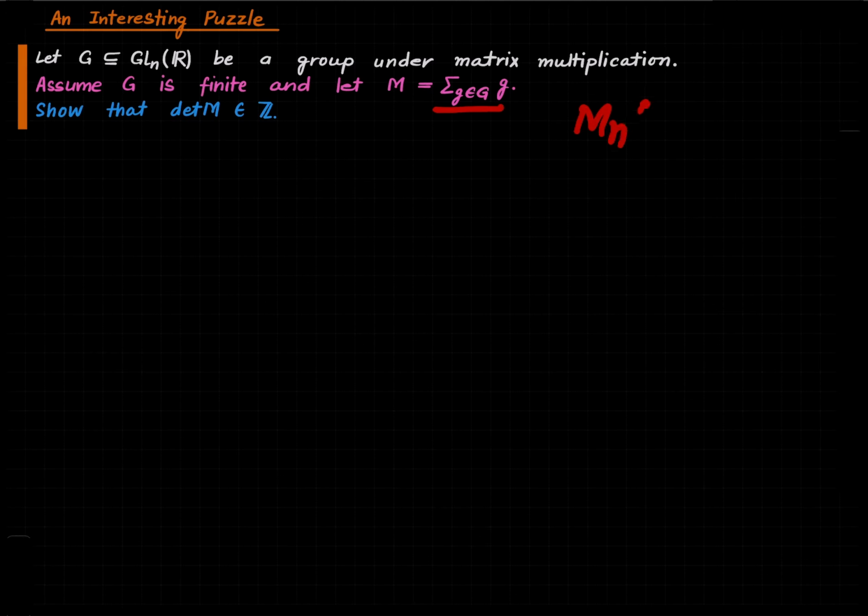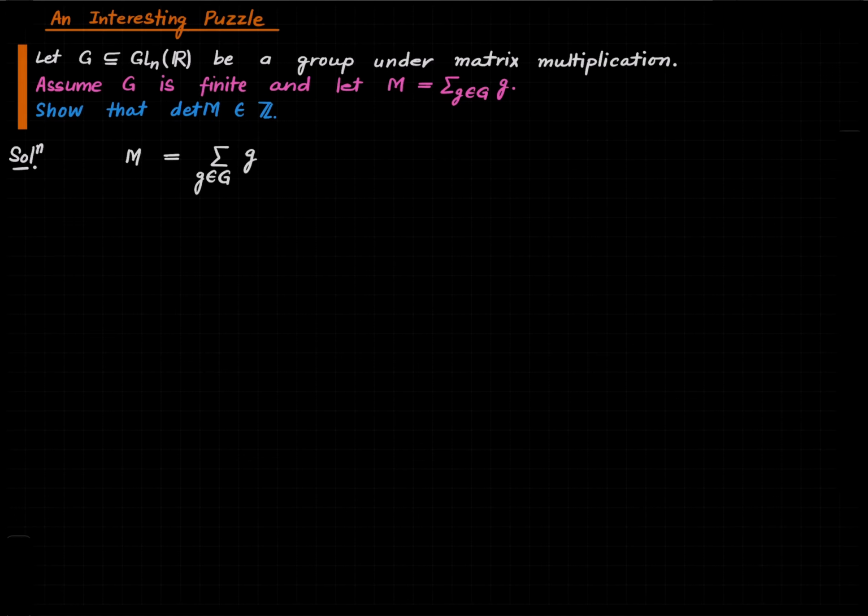where M_n(R) is the set of all n cross n matrices. As of now, this is a matrix just in M_n(R). We don't know. Maybe its determinant is 0. Who knows? So the puzzle asks you to show that the determinant of that matrix is necessarily an integer. It's a quirky puzzle, but the reasoning is interesting. That's why I'm discussing this. So you should pause the video and try to think about it. Yeah. So we have M equal to